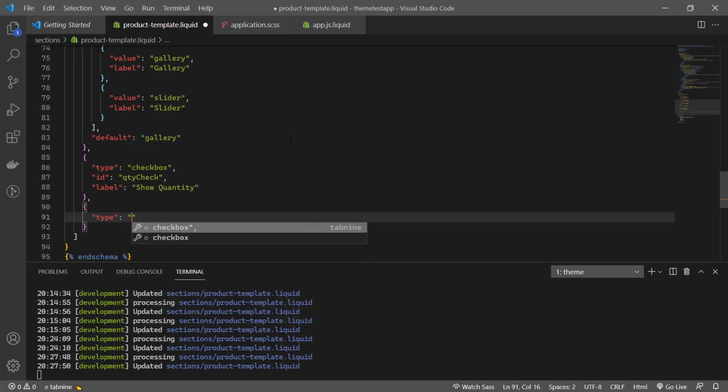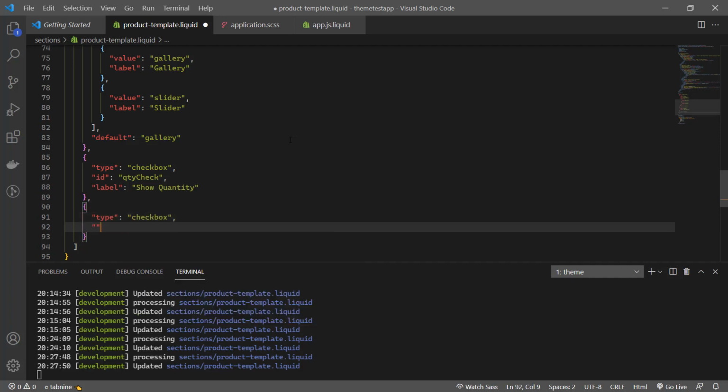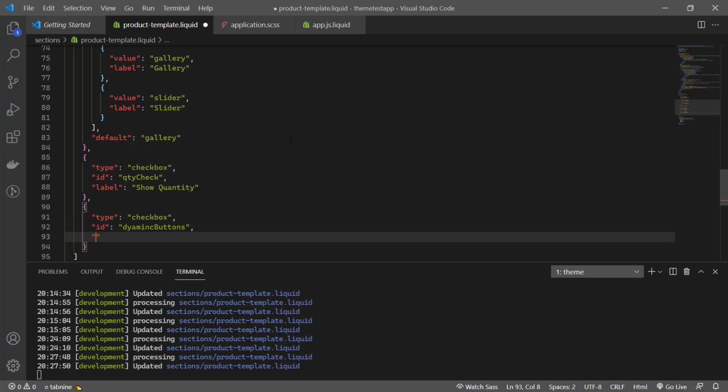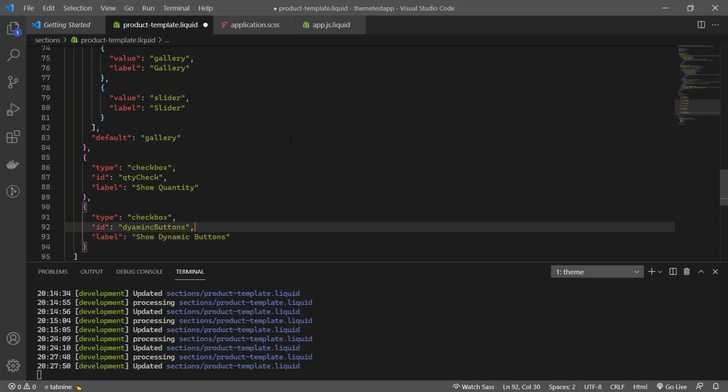Type is checkbox and ID dynamic buttons and label show dynamic buttons. Okay,